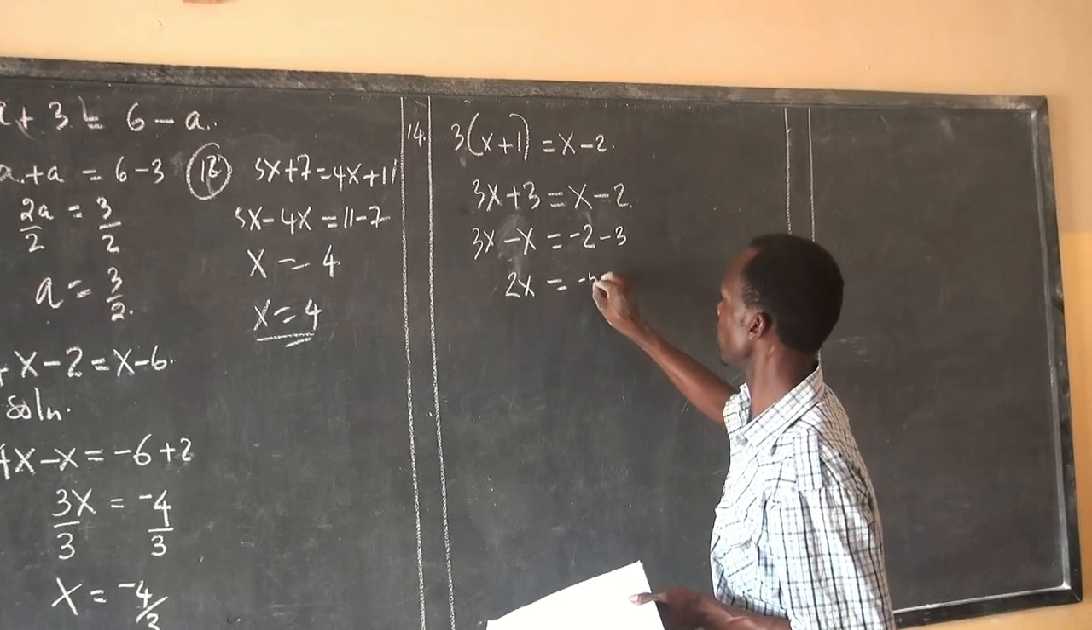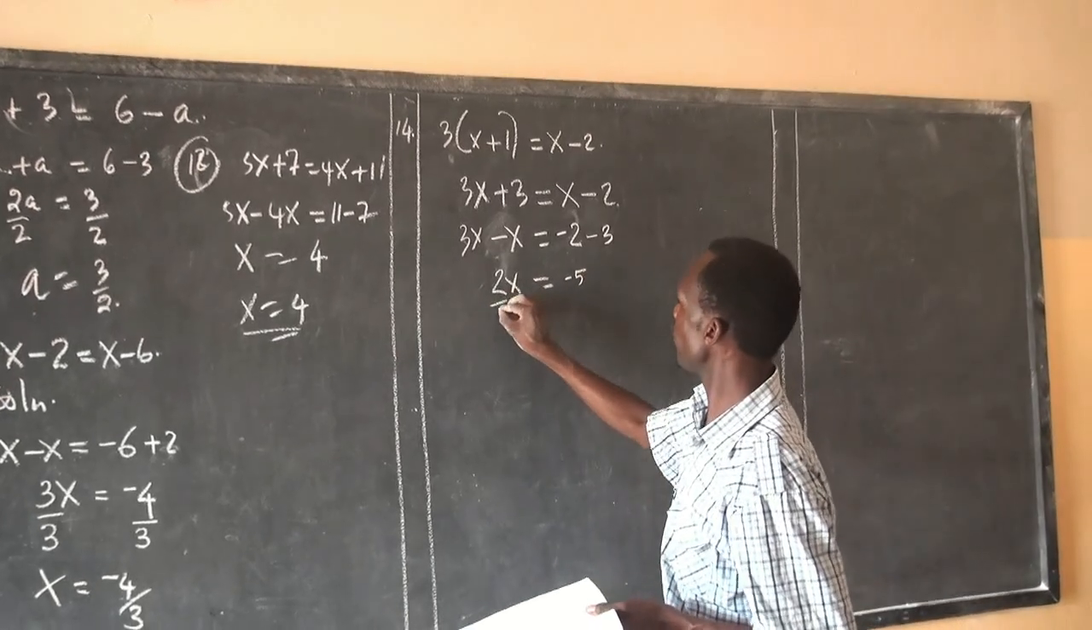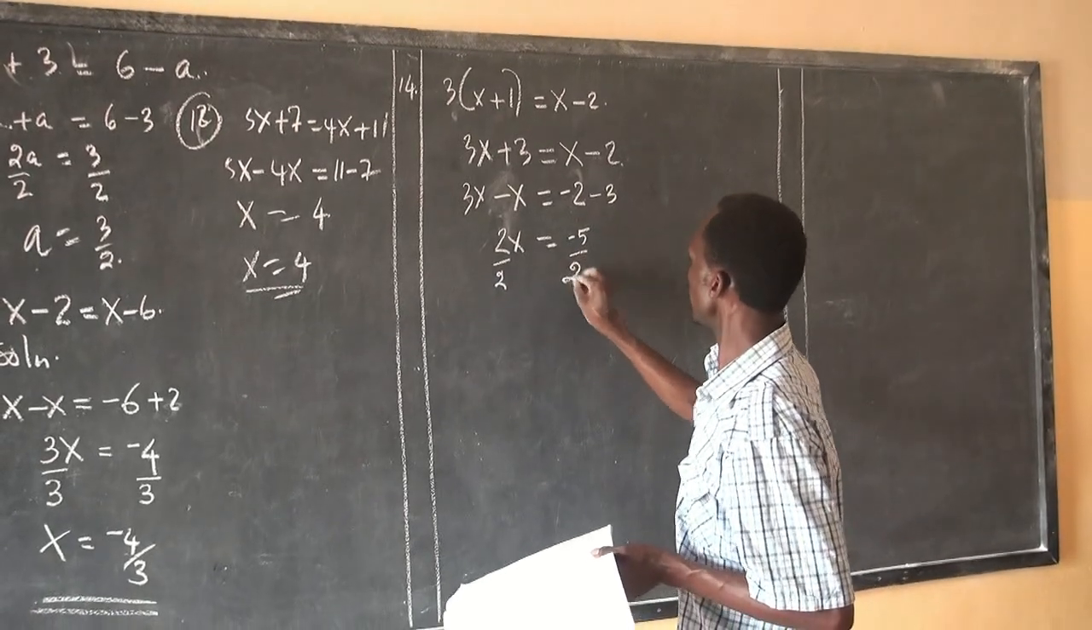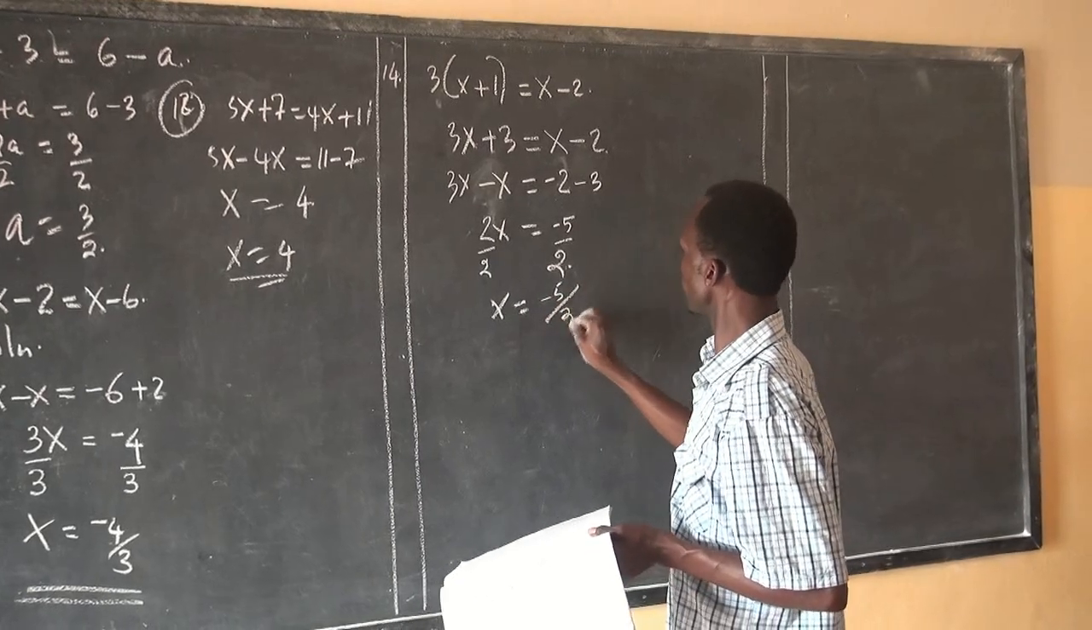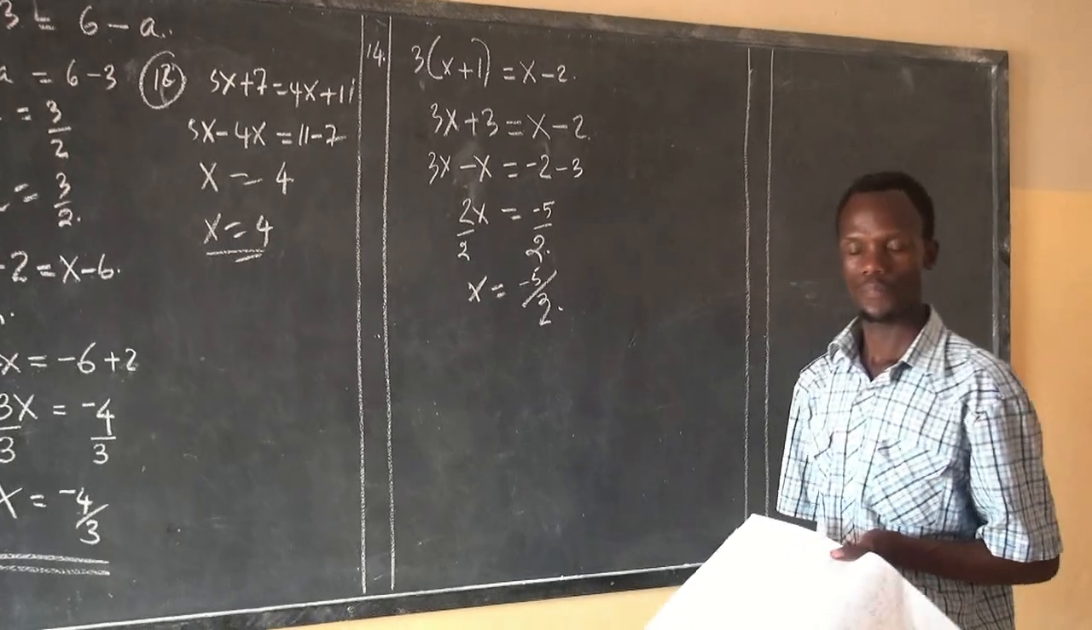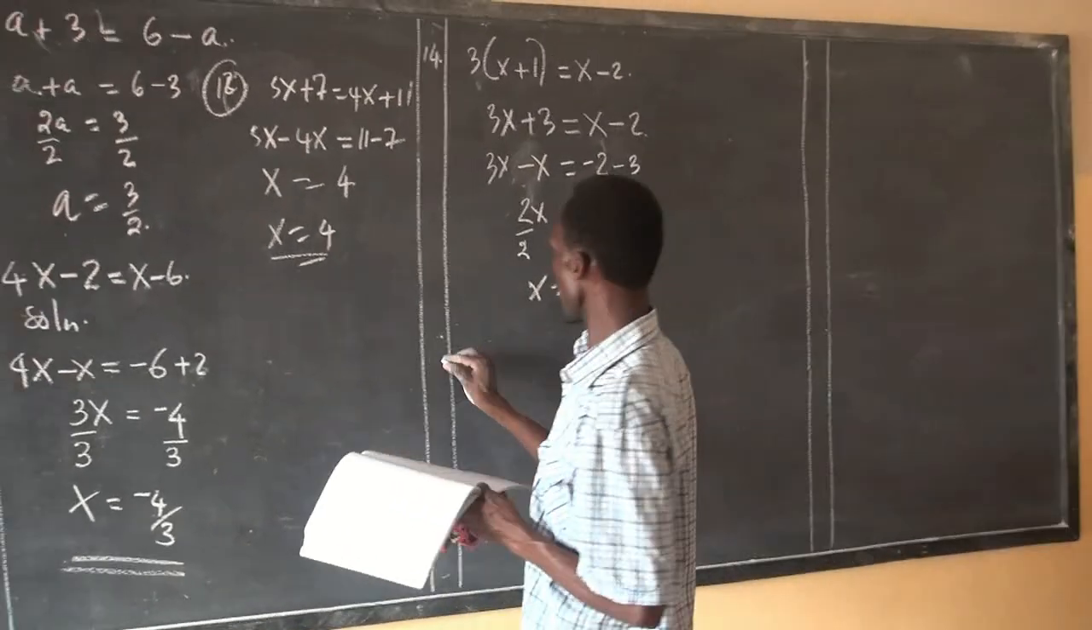Now we get negative 5. Now we divide by 2. We divide it by 2. Now x is equal to negative 5 over 2. This is the value of x. The other example, number